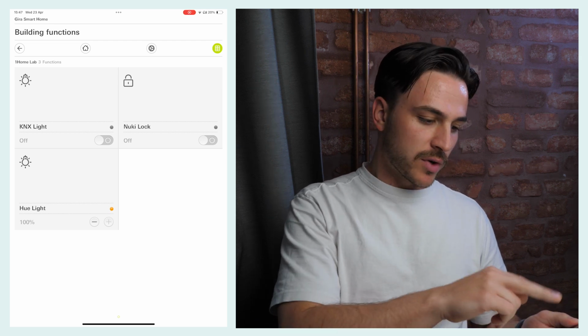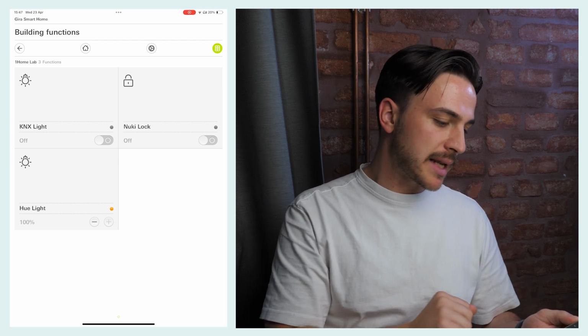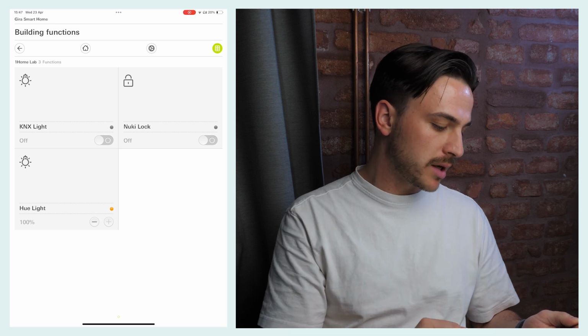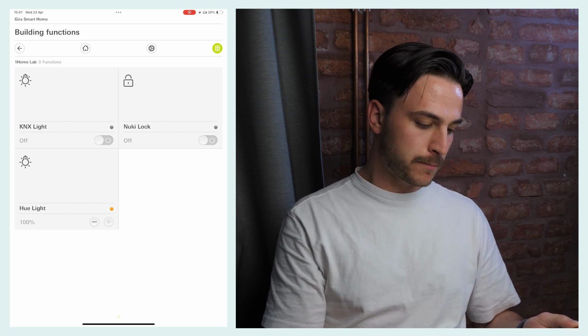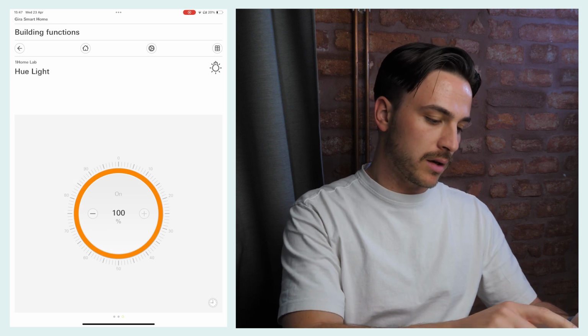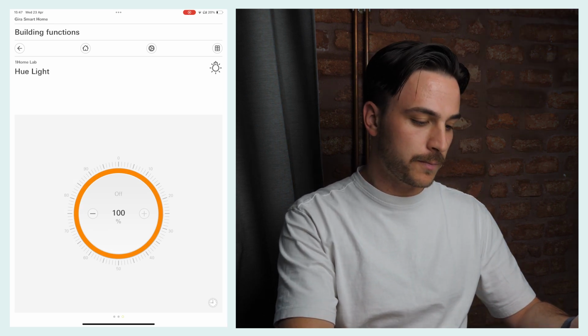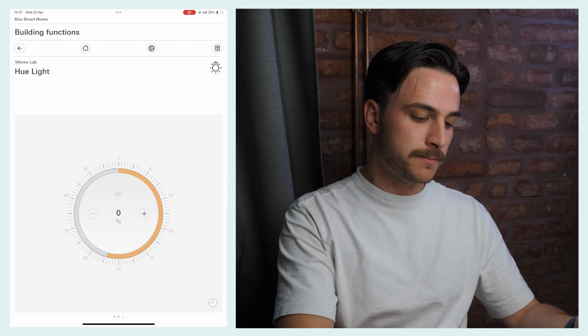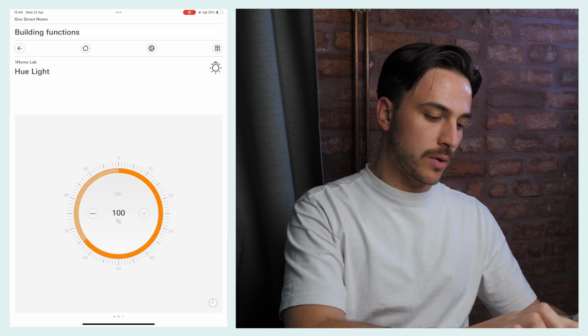As we see, for this example, we have a KNX light in the app, a Nuki lock, and a Hue light. So if we go to the Hue light, we see we can turn it off, we can turn it on, we can also dim it.